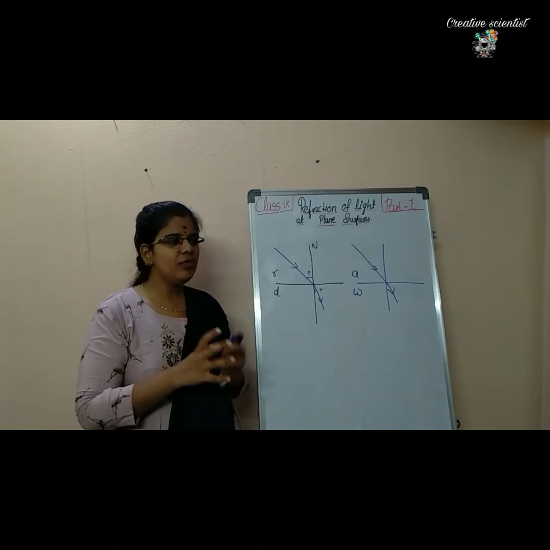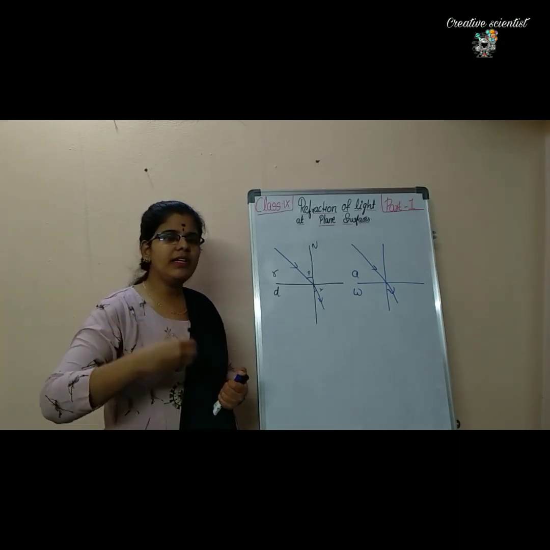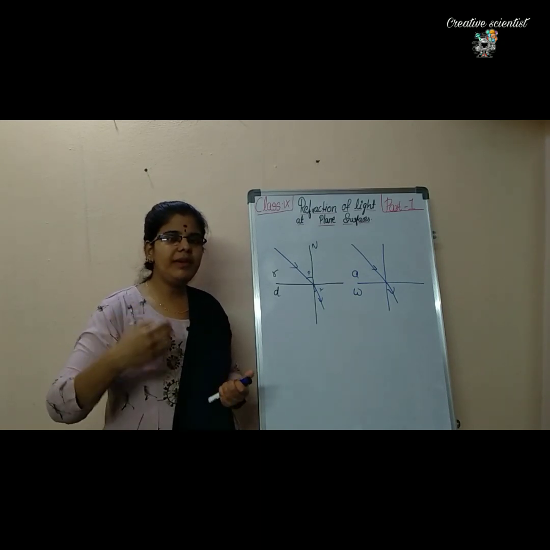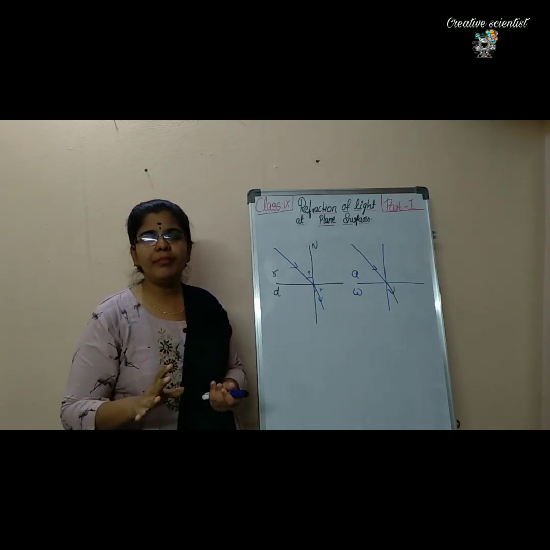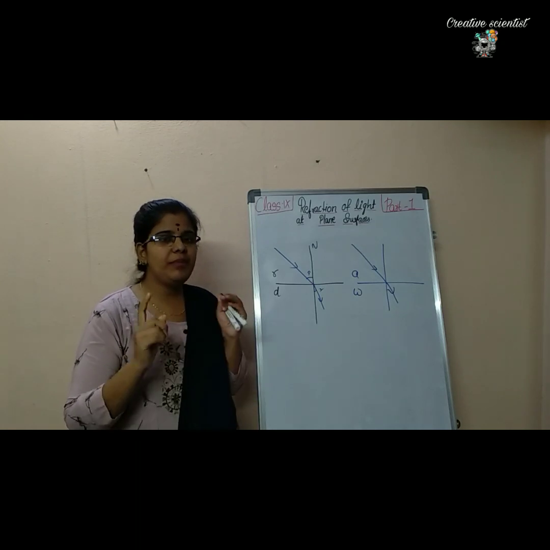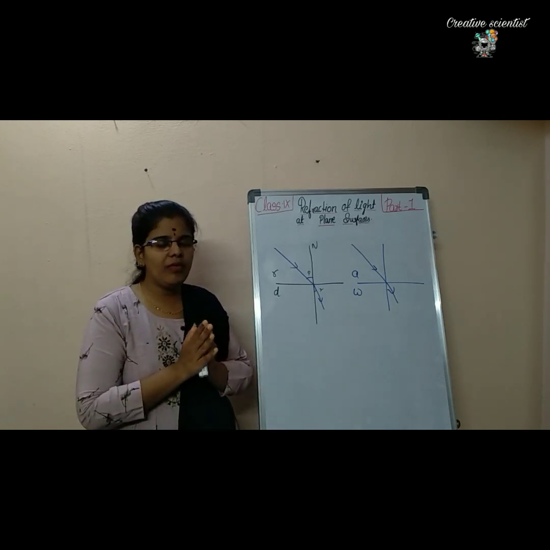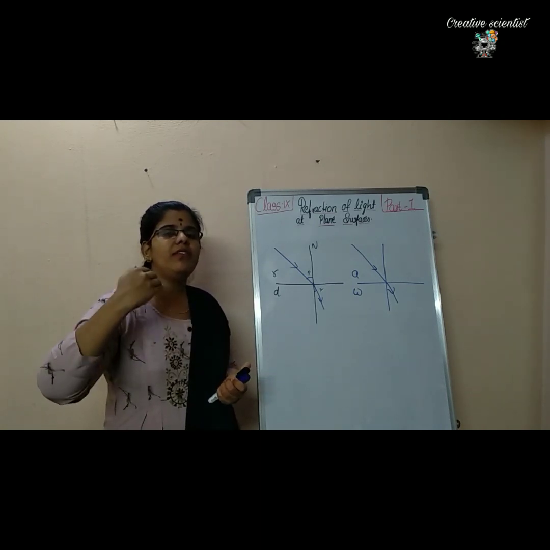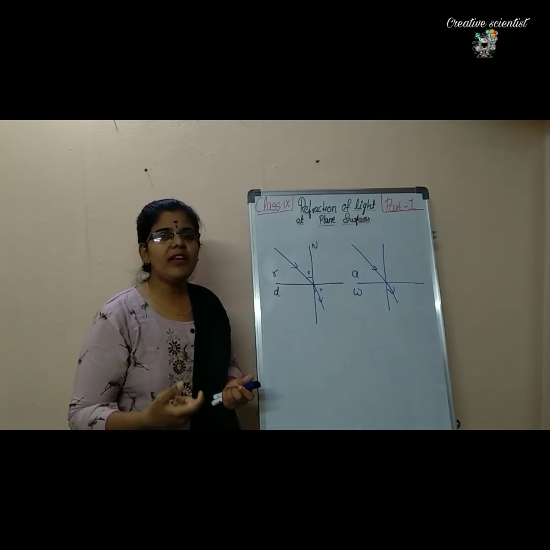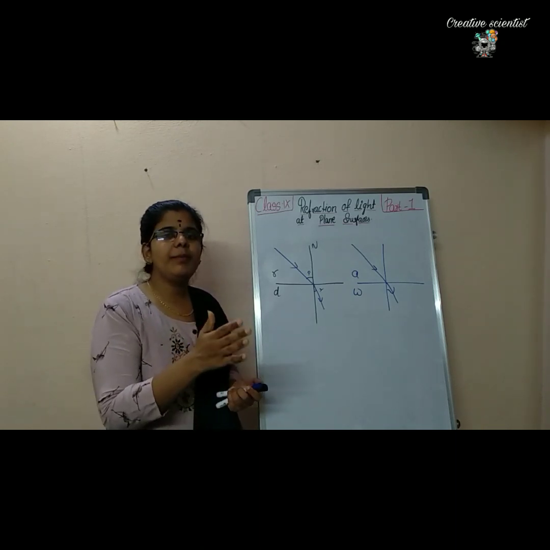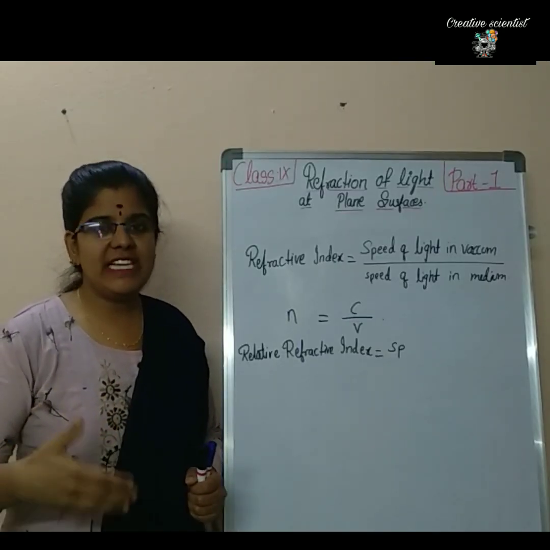Whenever you think that you are moving on a rushed road, where all the people are there and you are trying to move through them, then what happens? You will be trying to push everyone and trying to go. Whereas if it is a plain road, no people are there, then you will be going on your way. If you observe the speed, when it is an open road or a plain road, when no one is there, then the speed of your body will be more. But if all the people are there and you are trying to walk through them, then what happens? You will be giving some breaks and moving slowly. So the same thing is happening here: the speed of the light is also changing accordingly.